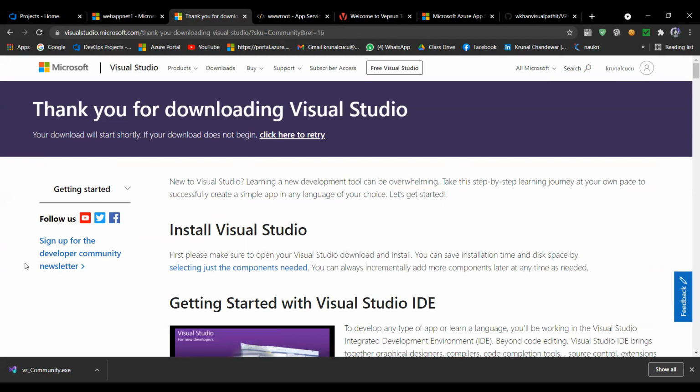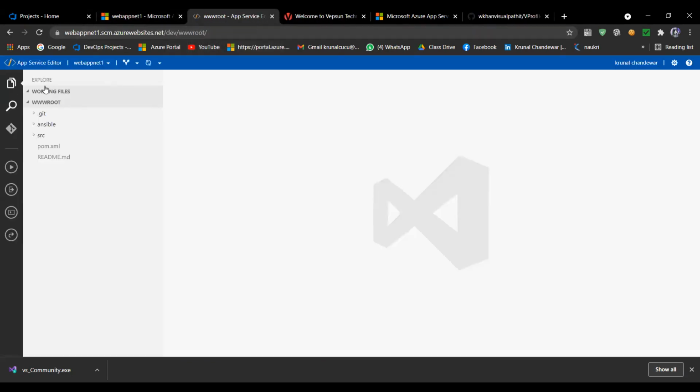But if you want to work on Java, or SQL, or Python, you are getting plugins with that Visual Studio. You can download that today also, or tomorrow also. It depends on which project and which runtime stack you are going with. Okay, so download from here and henceforth. So initially we copied that project here.